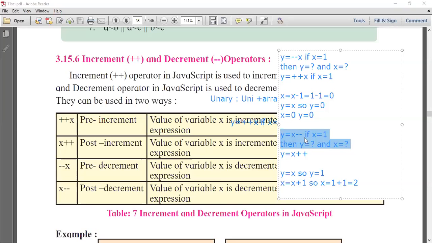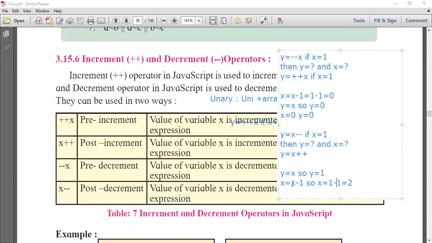See, y is equal to x minus minus. If x is equal to 1, then y is equal to what and x is equal to what? Okay, so here it is y is equal to x. So we will directly substitute the value of x over here. That is y is equal to 1. This is correct. Now x is equal to x minus 1.